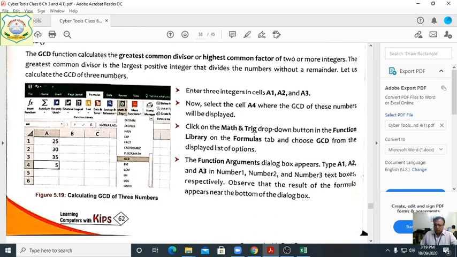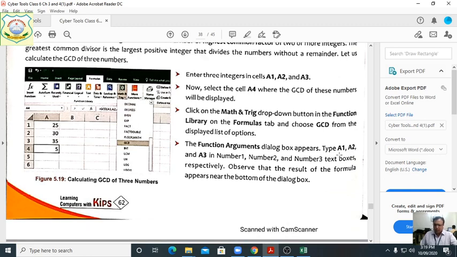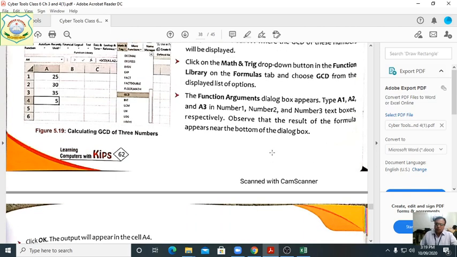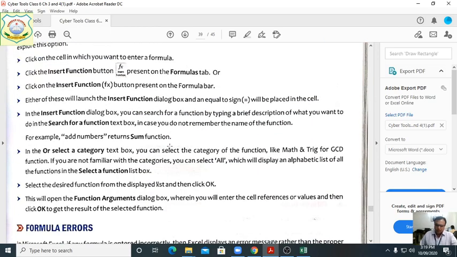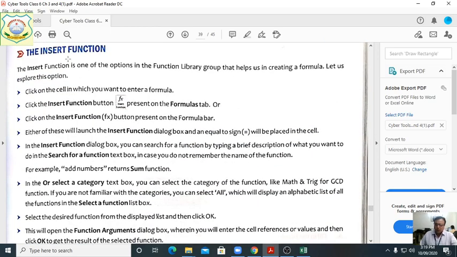In Math you will choose, and from that you will choose the GCD option. Now write the cell addresses you have written, and after the dialog box appears, click on the OK button, then you will get the result for whatever cells you have given. Now insert function, how can we use the insert function?